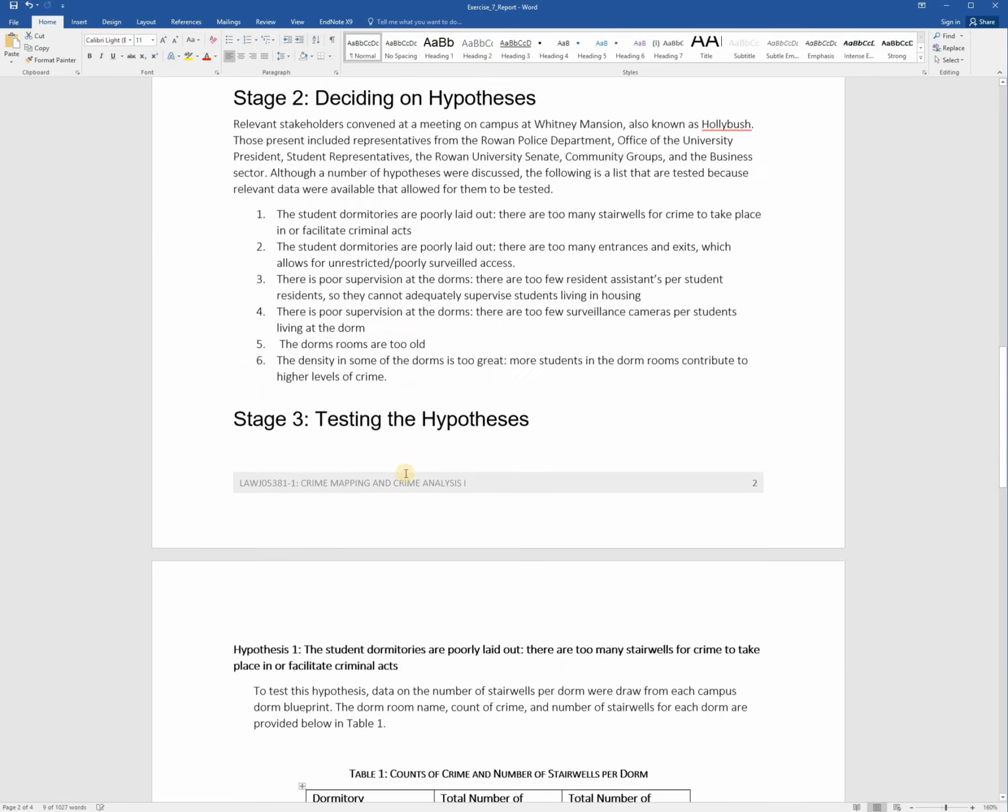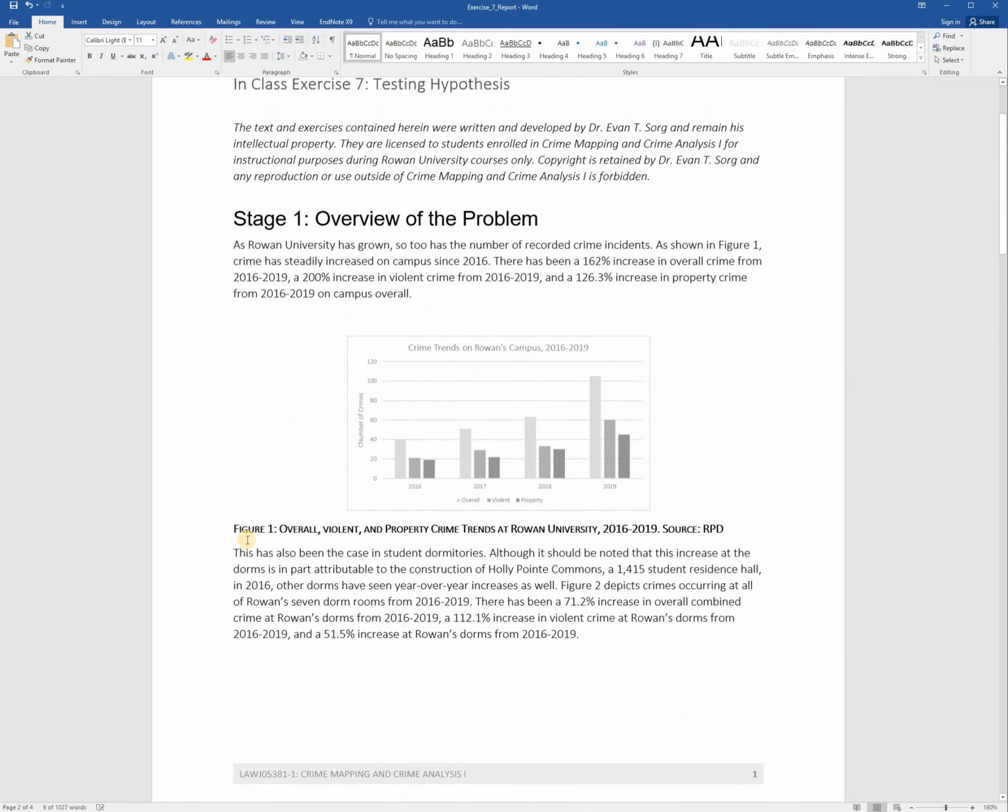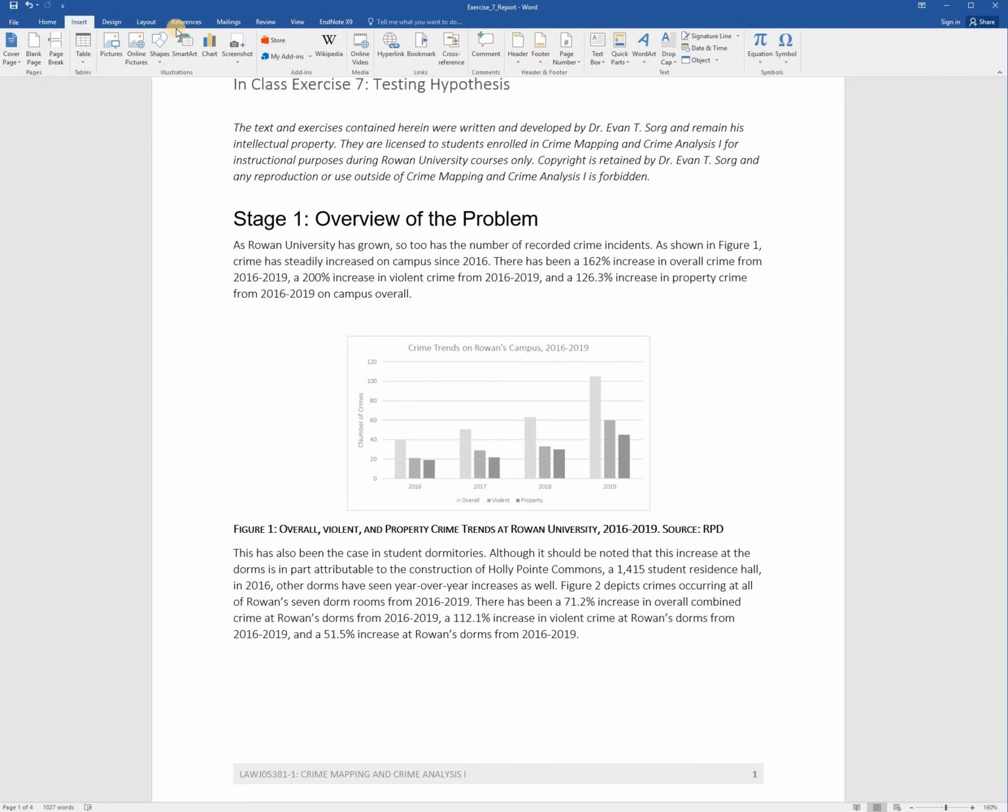So something to point out, what I've done for each of my figures is I've cross-referenced. So if I click in my text here, if I click figure 1, you'll see that that is cross-referenced with this caption. So I've added a caption to this image, this figure, and I've also cross-referenced it in text. So if you don't remember how to do that, you're going to have to go back and look for the exercise that shows you how to cross-reference and insert captions. I'll give you a hint here. What you're going to do is you're going to